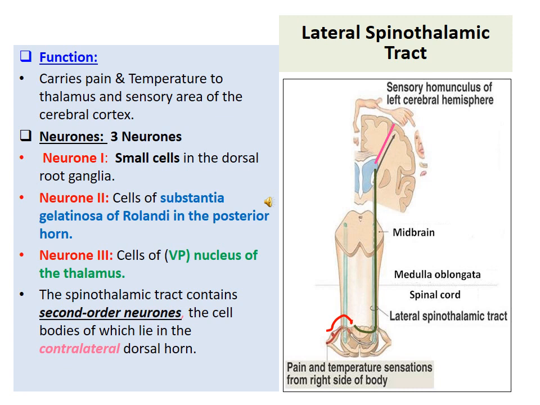Lateral spinothalamic tract. The function of the lateral spinothalamic tract is to carry pain and temperature to the thalamus and the sensory area of the cerebral cortex, and it also carries the sensation of tickle and itch. The first order neuron arises in the dorsal root ganglia, with the peripheral process innervating the skin and the central process going towards the spinal cord. These first order neurons relay in the dorsal horn of the spinal cord, in the area of the substantia gelatinosa.